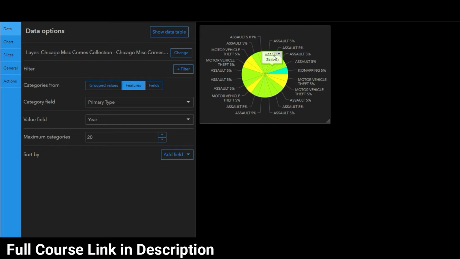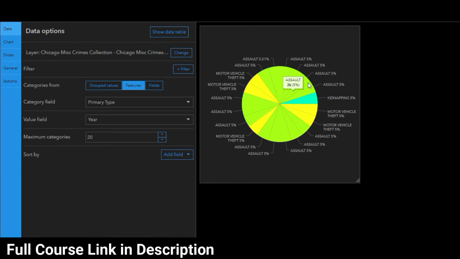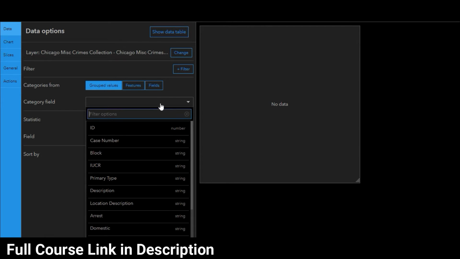But right here, this data visualization currently with this pie chart is super unclear. I have assault 5% spread out over, I don't know, is that by year? You know, I don't know. Not a good application for a pie chart, based off of our data and these settings that I've set up right now. But what I will do is I'll go back to group values